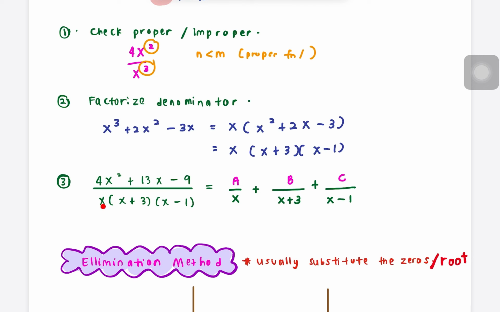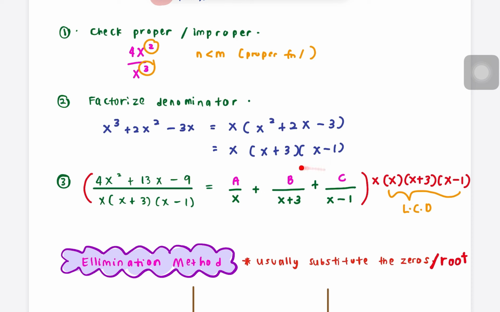So you multiply everything with the denominator, which is x, x plus 3 and also x minus 1. Okay, this one we call the least common denominator. What is LCD? LCD is the expression that if you multiply it with the equation, you will eliminate the whole denominator